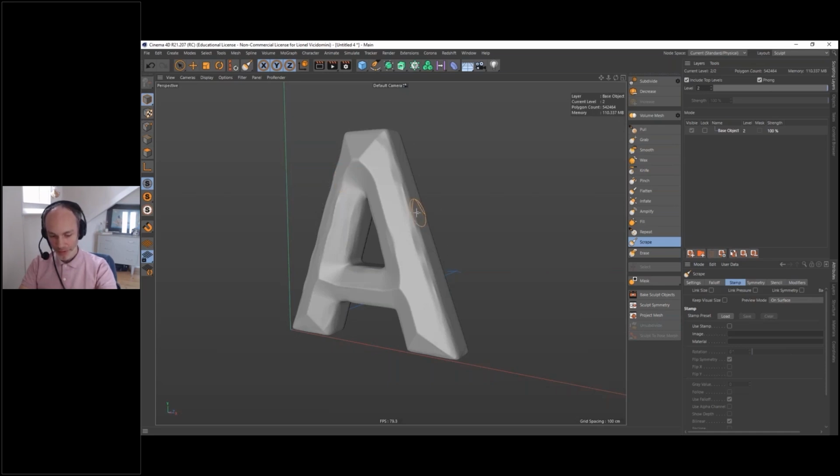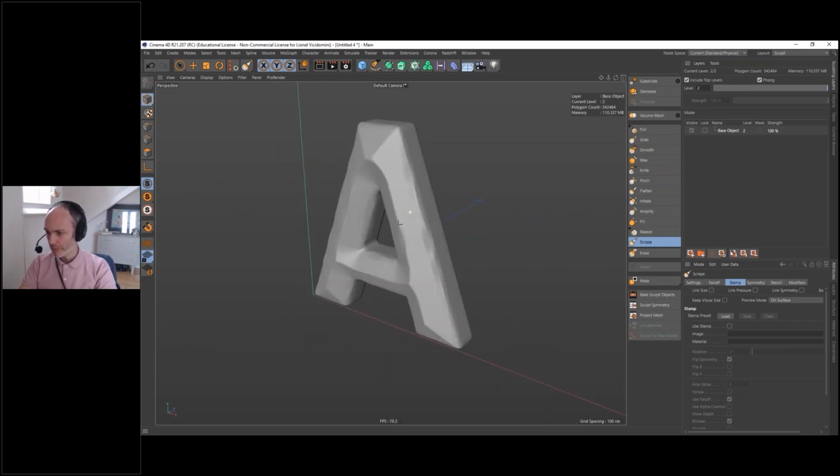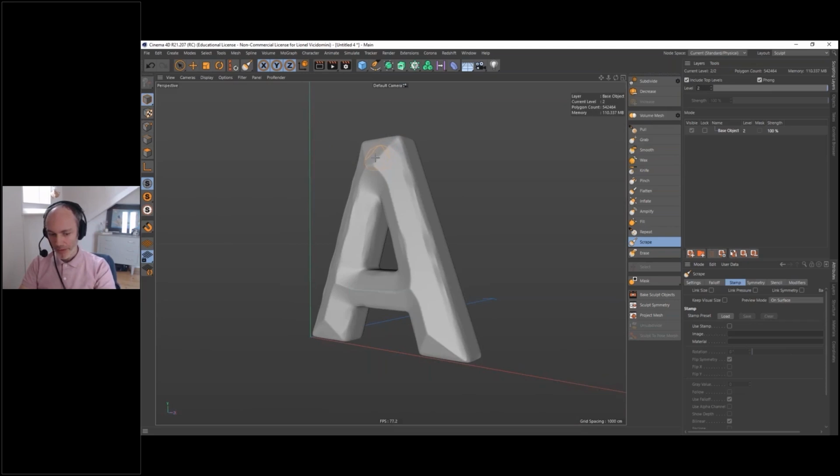For the viewport here, I'm using the enhanced OpenGL, so this is GPU, but I don't find there is a big difference. I have a laptop with a good graphic card, but not as powerful as my primary workstation, and this project just goes fine with it. So it's pretty neat. The most important thing I would say is to have the most recent Cinema 4D because there was a pretty big increase in performance in the last iteration of Cinema 4D.